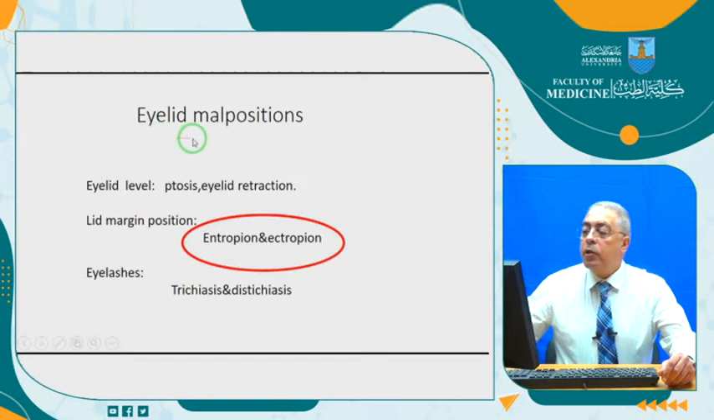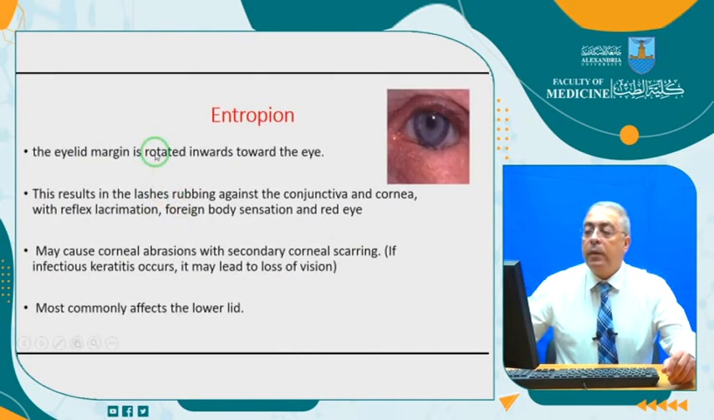These are the malpositions of the eyelids. Today we are going to talk about the lid margin position abnormalities. We have what we call entropion and ectropion. What is the entropion? Here the lid margin is rotated inwards toward the eye,